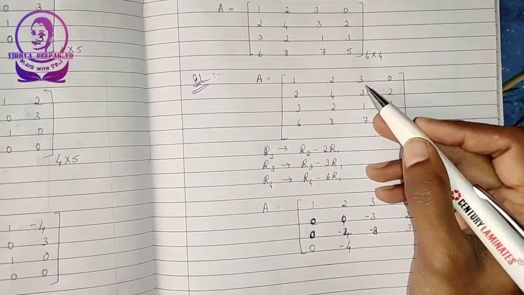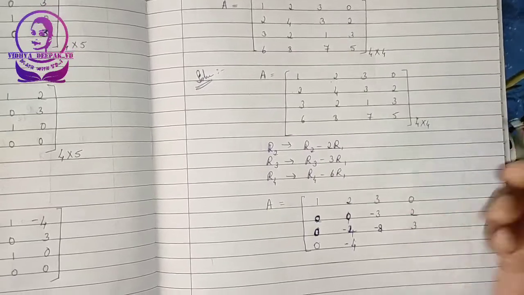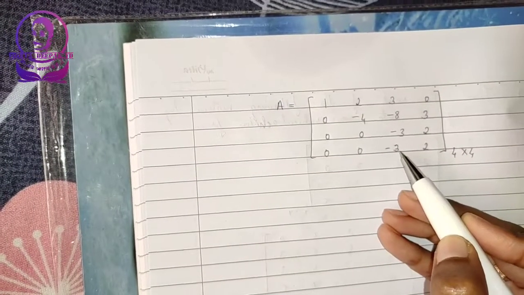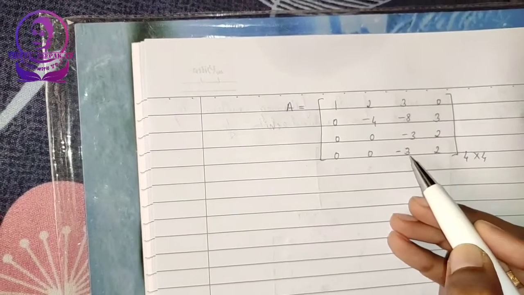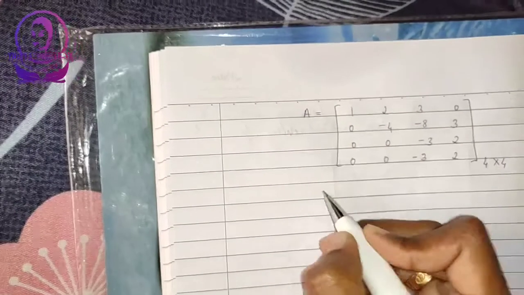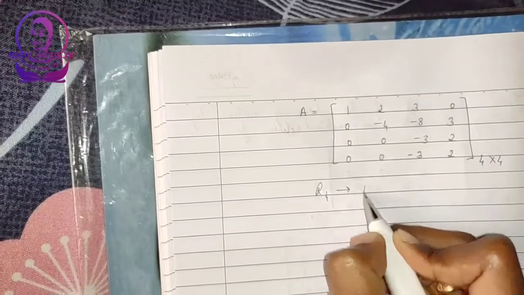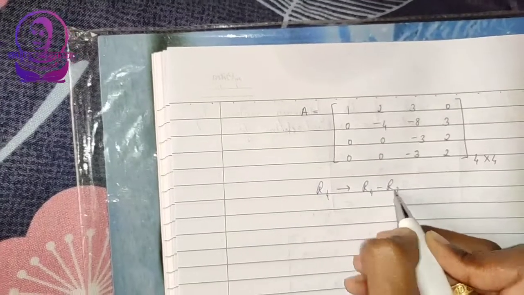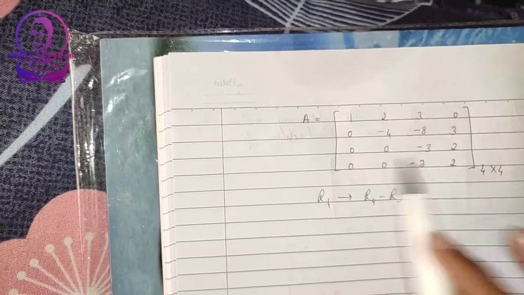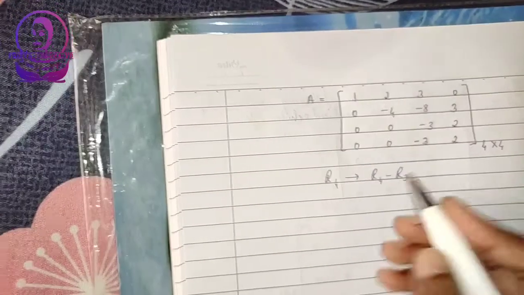7 minus 18 it is. So what is my next step? This I have to make 0, right? In order to do that, you can see clearly, if I subtract this from this, it will become 0. So that is R4 equals R4 minus R3. And when you're subtracting rows, you cannot do anything with the columns. Keep that in mind. Okay.